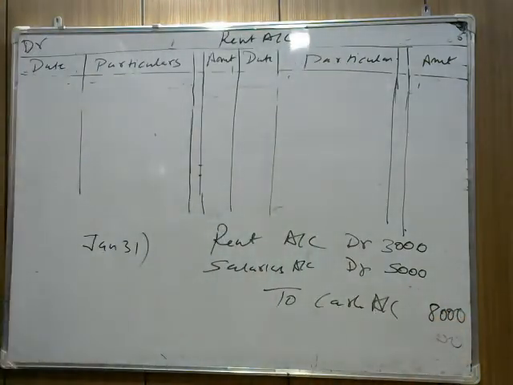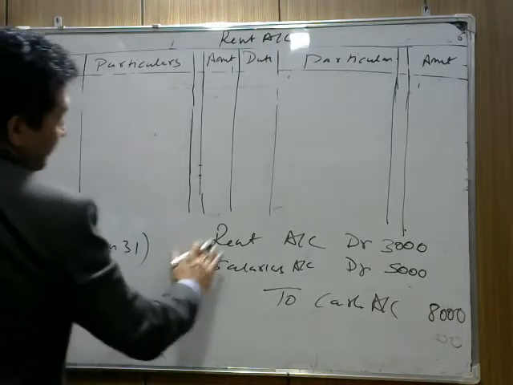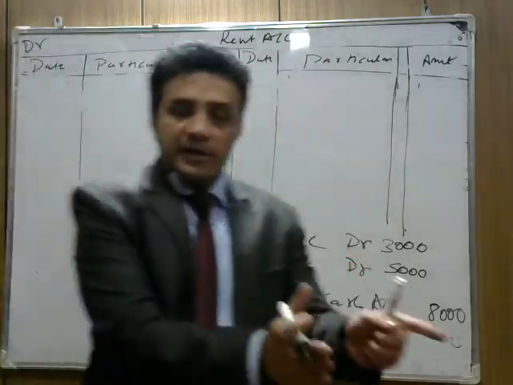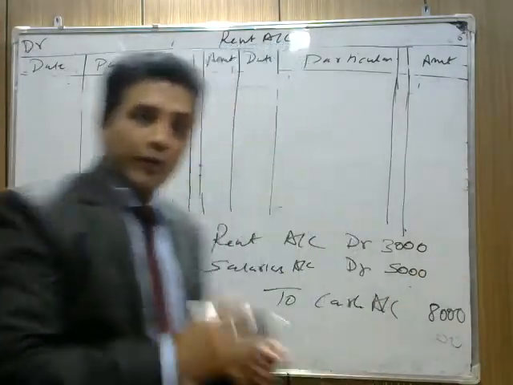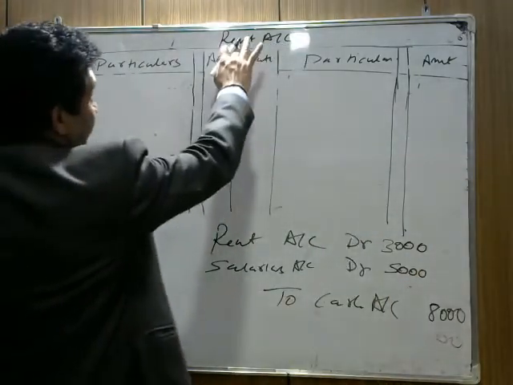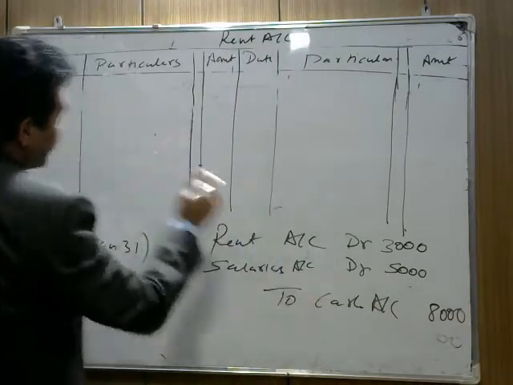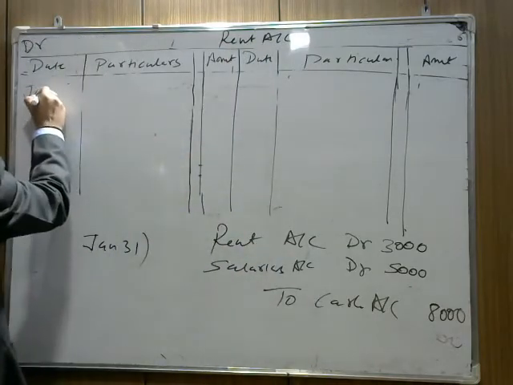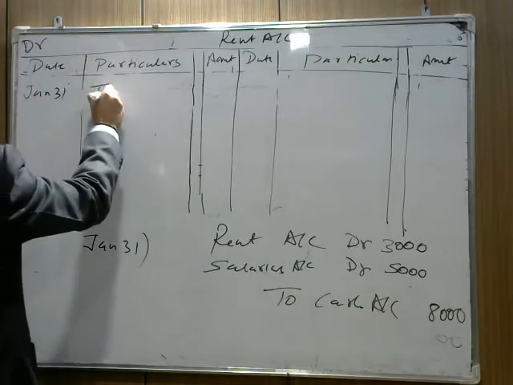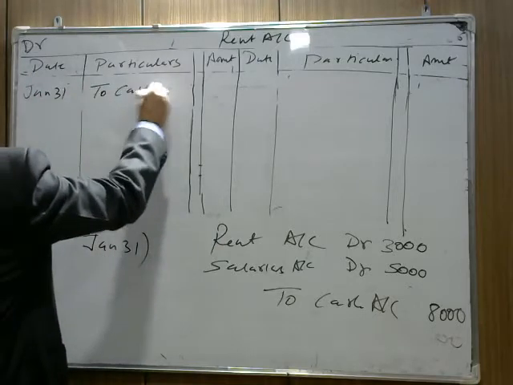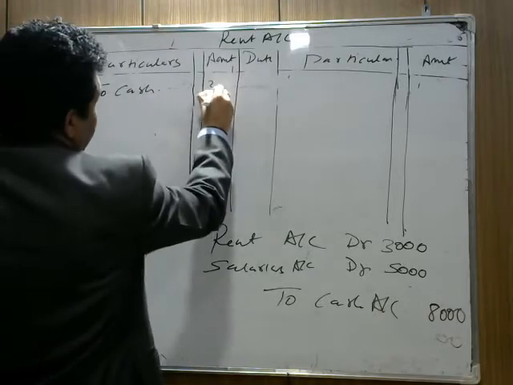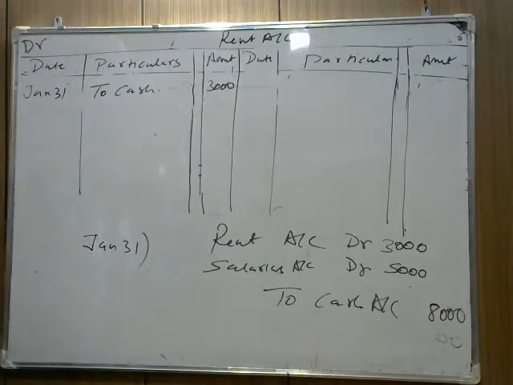So here, when we pay rent and salaries, now check the question. Here we are paying rent and salaries. What do we write here? The rent will be debited. They say that rent account debited. Okay, तो rent को हमें debit करना है. But we cannot write rent in rent account. तो बोलिए why rent account will be debited? It's on Jan 31st because you are paying rent in cash. So we write cash account. Amount is 3,000. There is no further transaction regarding rent given.